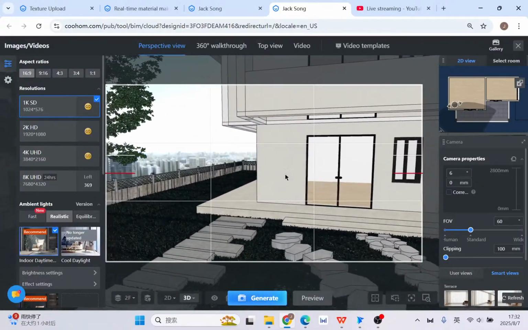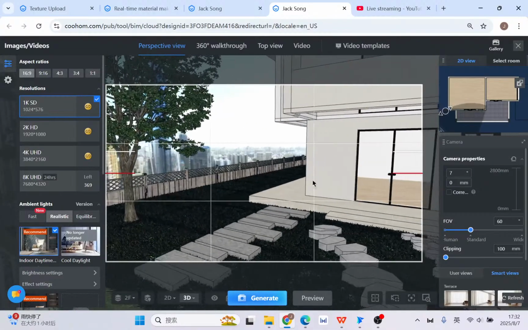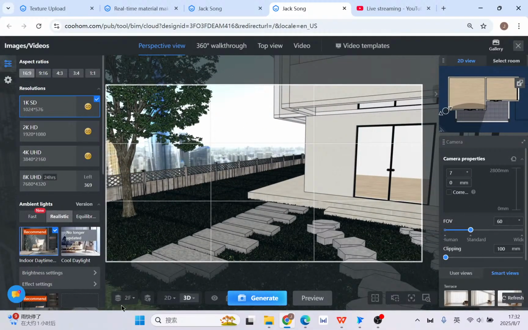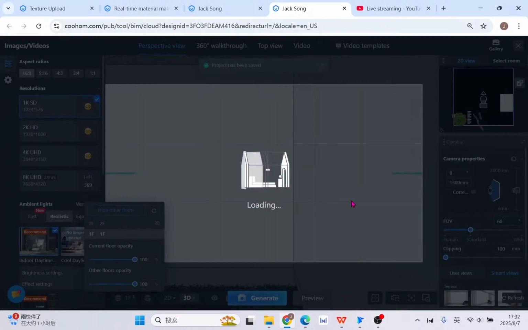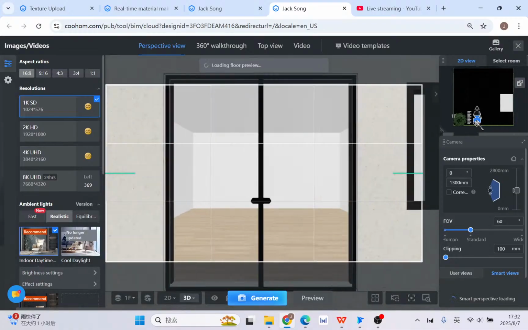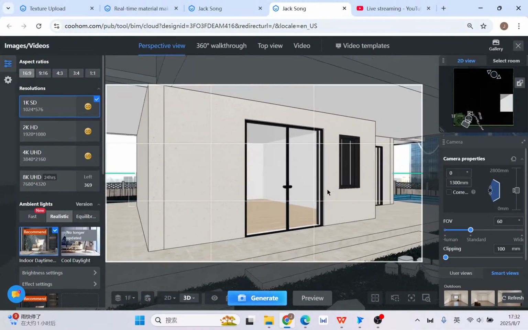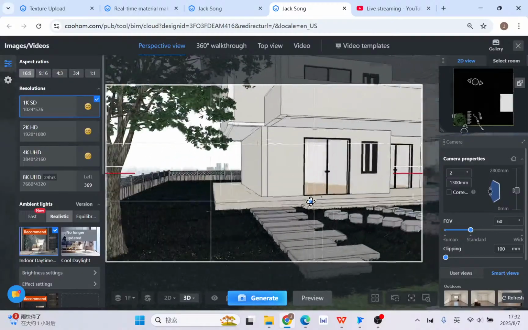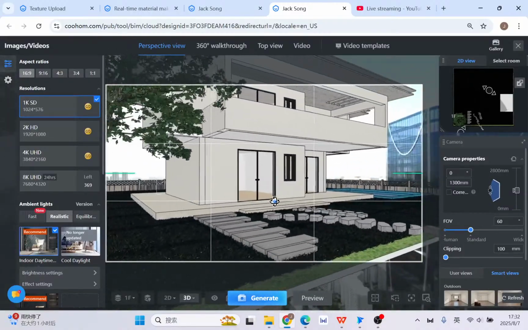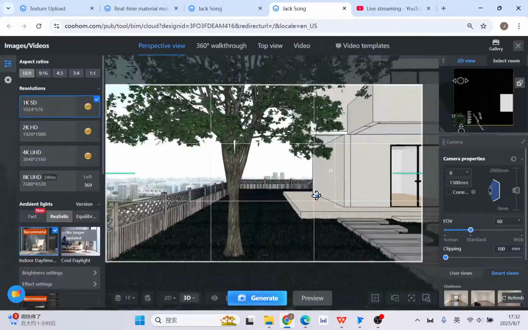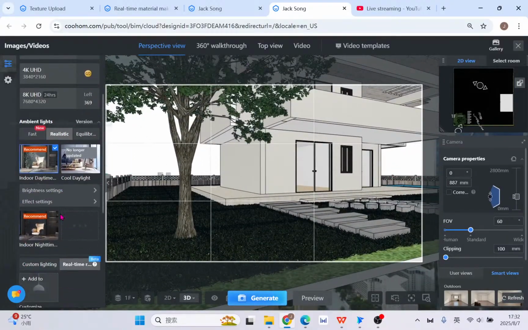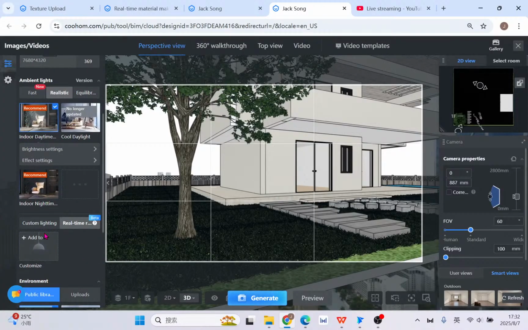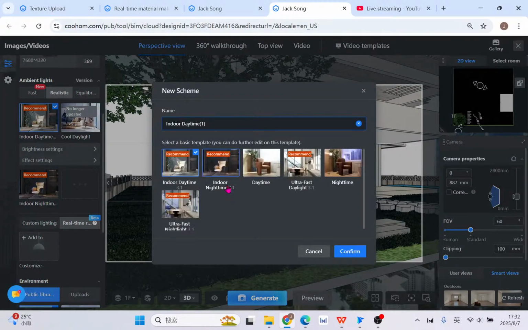For the render part, still, wait a minute, turn to first floor. It's better. And then select your proper angle. And now, my suggestion, directly use the real-time render. And this time, indoor daytime, you can